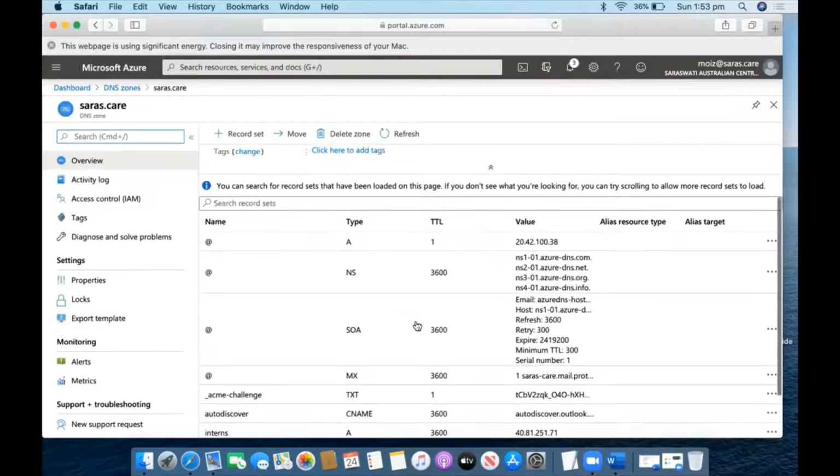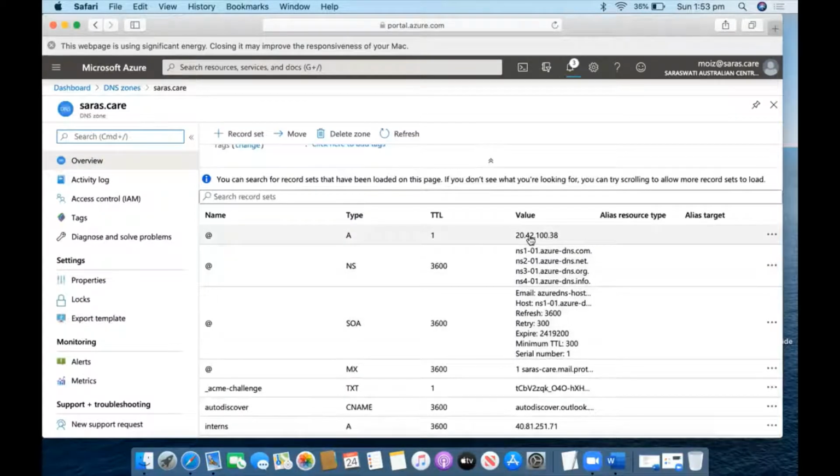What I have created, you see here, is a record with the public IP address, and this is the same NS record which we definitely have to provide, because whenever you provide this, all the traffic will be diverted to Azure. These are the different Azure domains. Once the traffic is hit from the public internet, it will hit these servers. After hitting these servers, it will cross-check the DNS records and forward the traffic to the particular